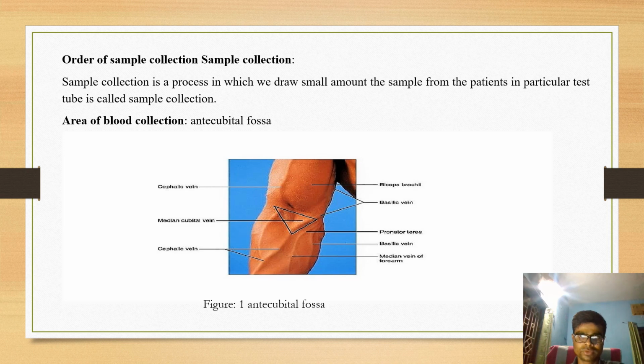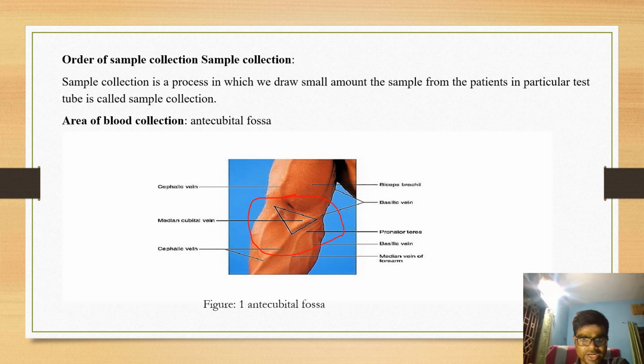Actually, at first we see the prescription of the doctor, and after that we have to decide the order of sample collections. Okay, at first we have to identify the area of blood collection. This is the area of blood collection as you see on the screen. Okay, I will mark it. This is the area of